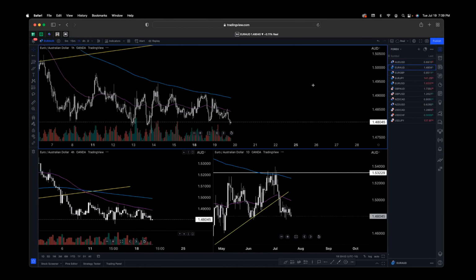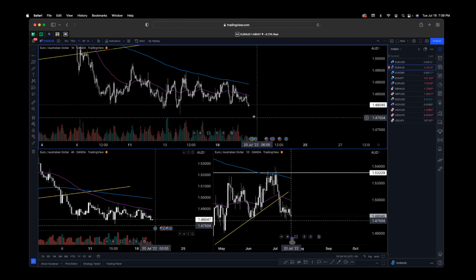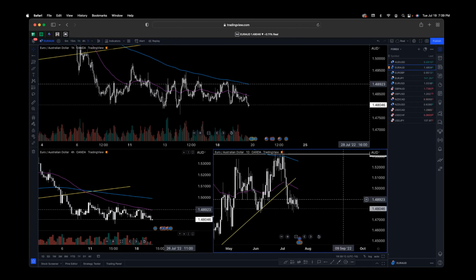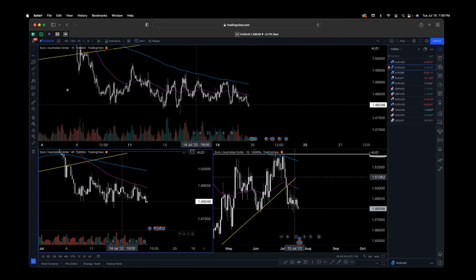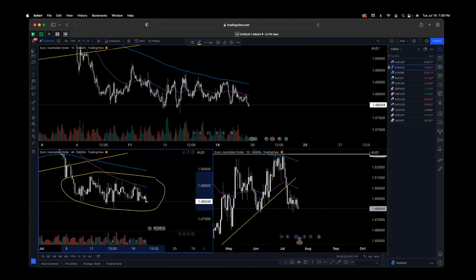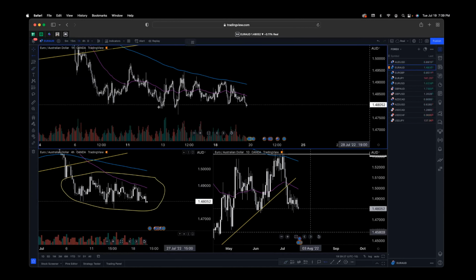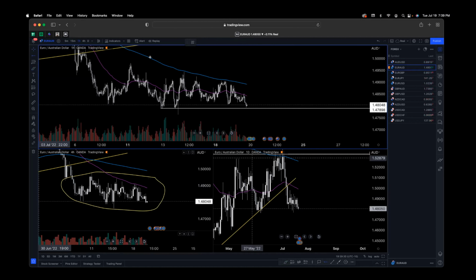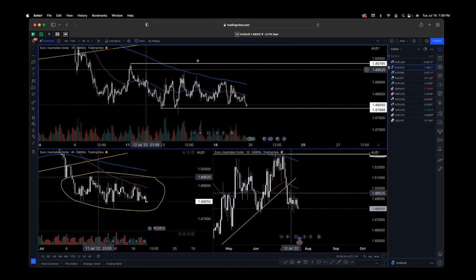Let's see. One thing I am looking at, I like Euro Aussie. I'm looking at Euro Aussie for a short entry here. So my entry would look like, this is a consolidating area here. Beautiful area. I like how it's just shaping up. This is the 4 hour. I'm drawing a circle in. Boom. And then, if I really wanted to clean it up, I would probably put in support, resistance, just the area. This is the area that it's in right now.